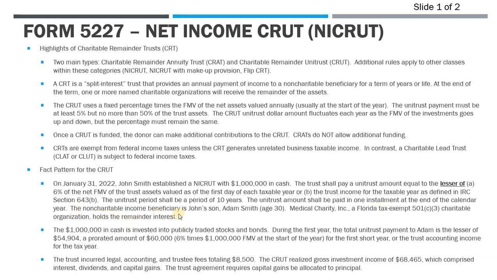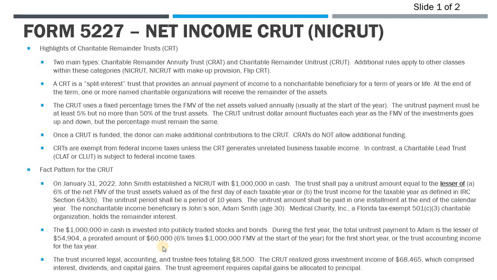So the non-charitable income beneficiary is going to be John's son, Adam Smith, and then the remainder interest is going to Medical Charity Inc., which is, not a real charity obviously, but let's say a Florida-based tax-exempt 501(c)(3) organization. Now that $1 million is invested into publicly traded stocks and bonds, and during the first year, the total unitrust amount payment that could go to Adam is this first computation,